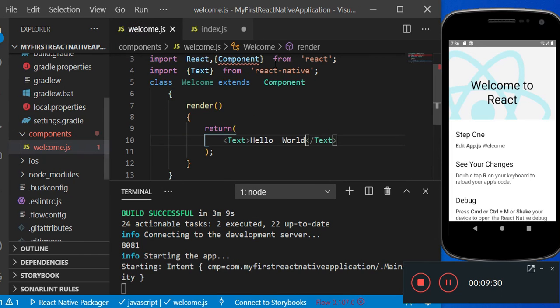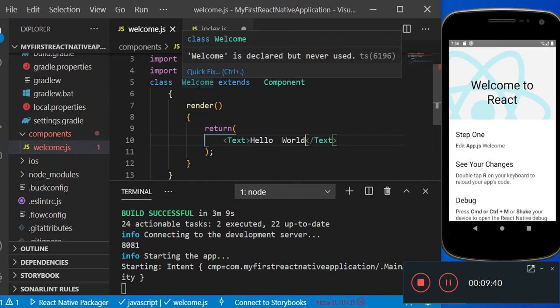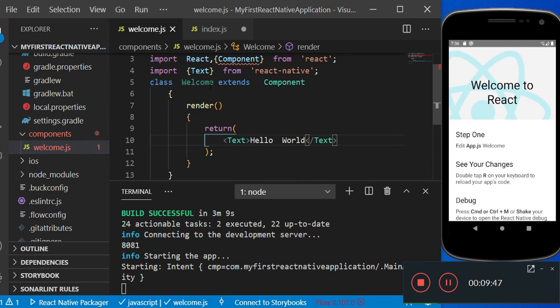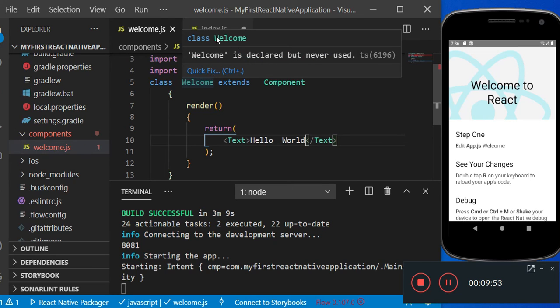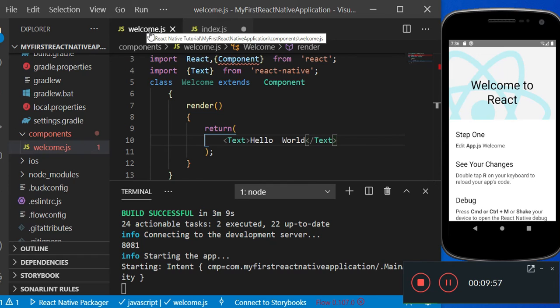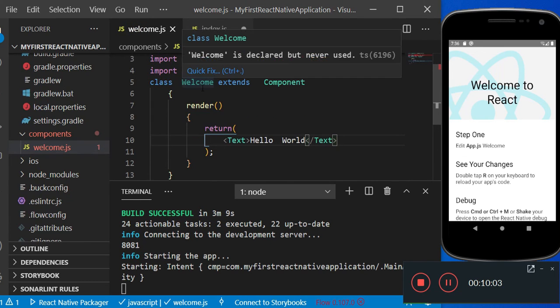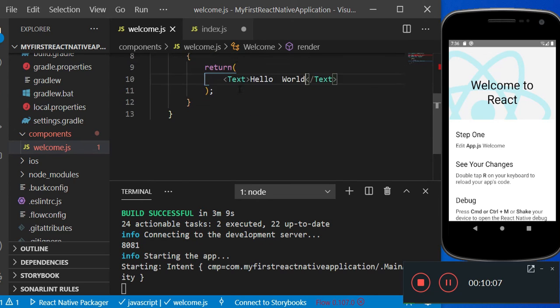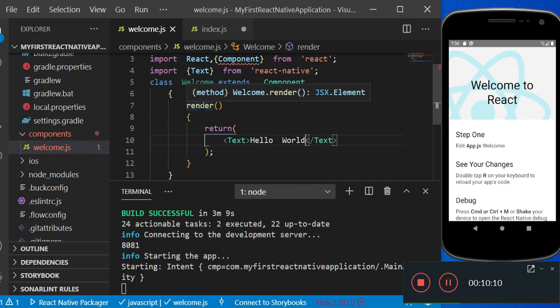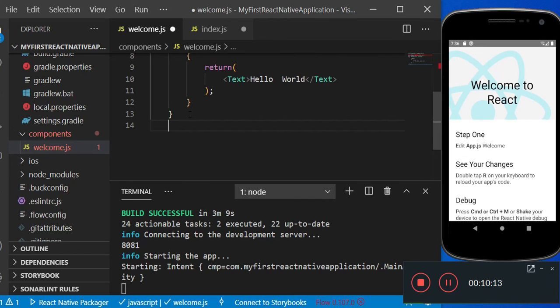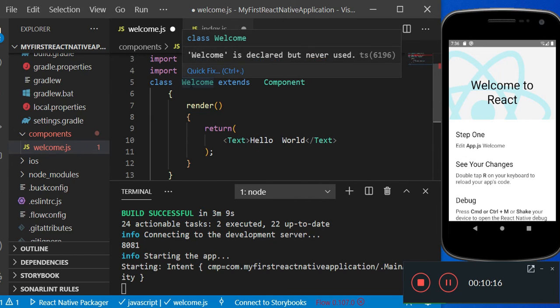Then it will just come here, and it will check for the default component. As I said earlier, the method we are using here to create a component is the class component method. So which class component have we defined here? The welcome class component. But this welcome class component, which is declared in the welcome.js file, we have to access in the index.js file. That means we have to access this welcome class component outside of this particular file. So to access it outside of this file, you have to make that welcome class component public.